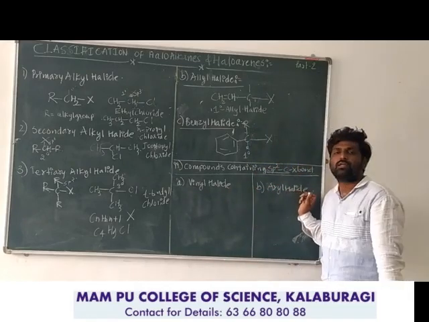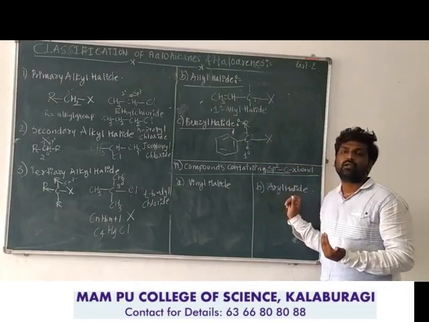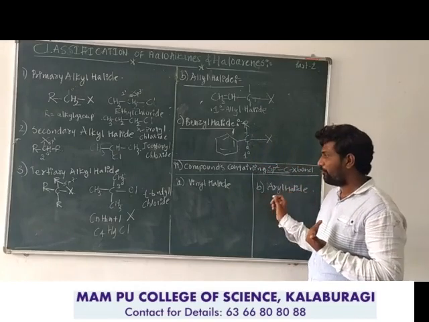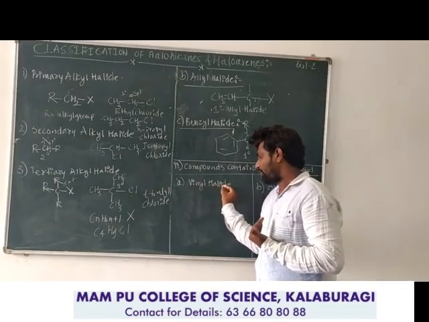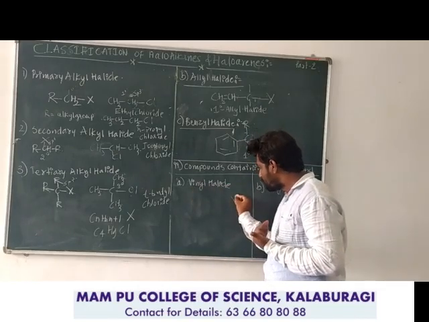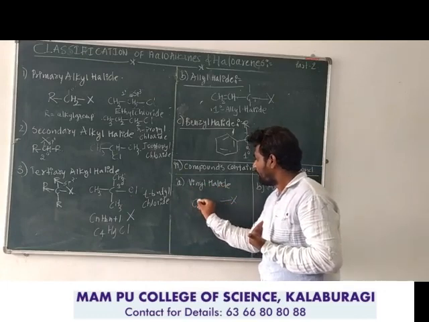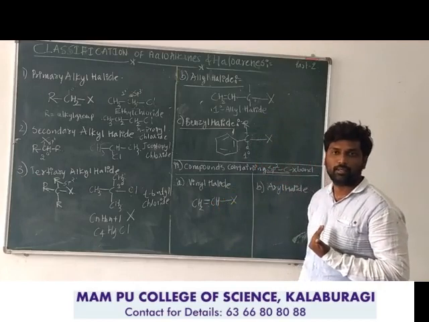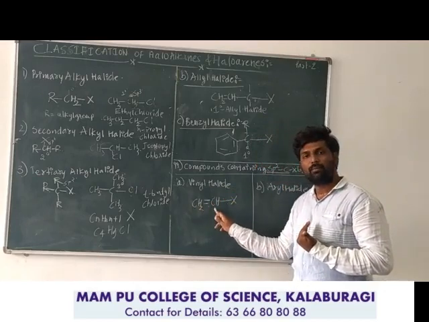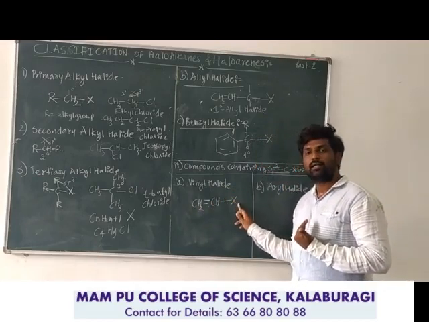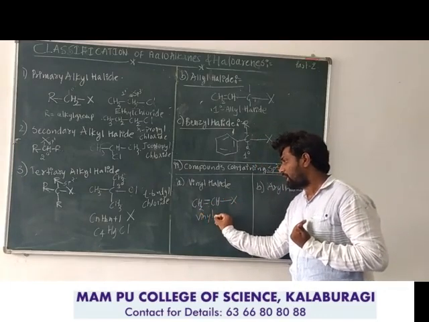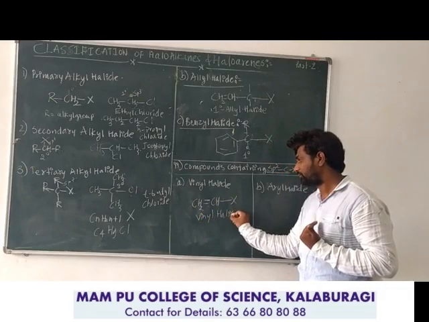These names we are using for the nomenclature of compounds according to the common system. So therefore, in the example of vinyl halide, the halogen is bonded to the carbon atom which is doubly bonded with the other carbon atom. Look at here, carbon-carbon double bond where the halogen is directly bonded to it. So this is the example of vinyl halide.